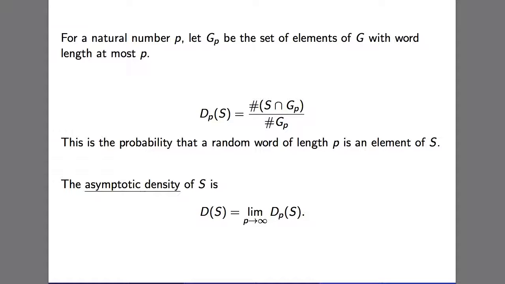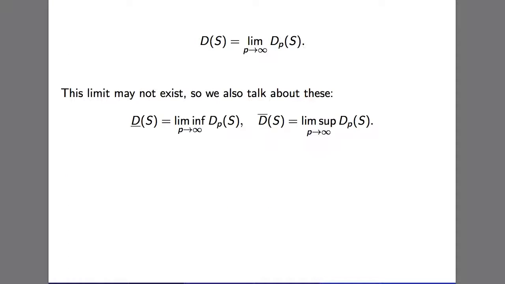This is not asymptotic yet, but if I then consider the limit when p gets arbitrarily large, this is the definition of the asymptotic density. So you take these, which are all finite proportions, and you take the limit as p goes to infinity. This is the asymptotic density of S. And this you can do for subsets. All right, sometimes actually this limit here may not exist. Which is a bit of a technical